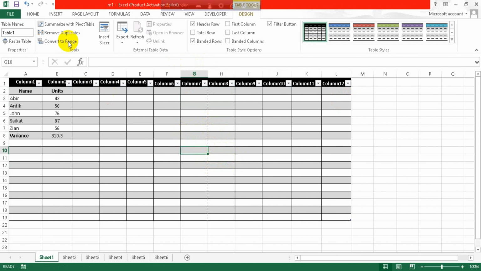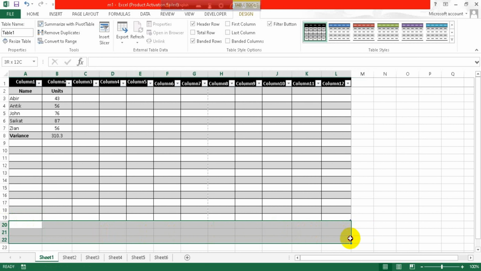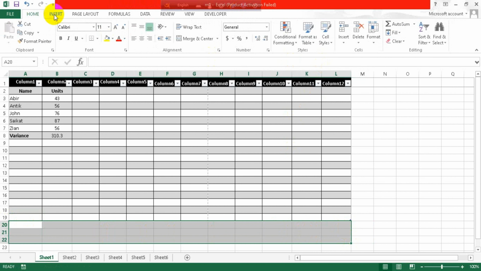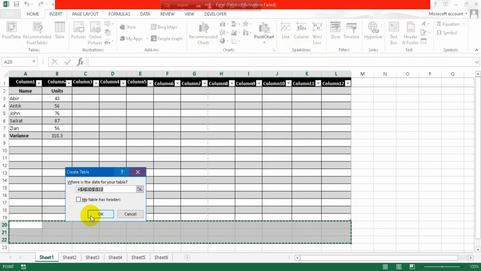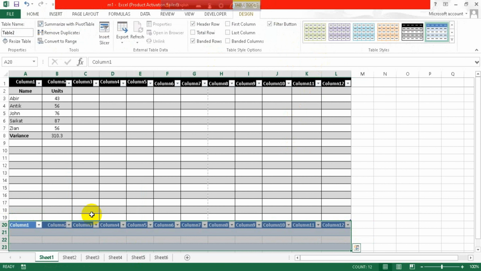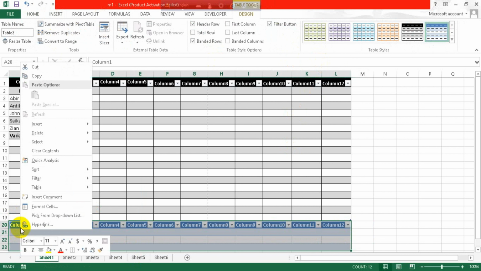Well, then if you want to expand this area, then what you have to do is just select this area again and go to this table option, or you can add with it,